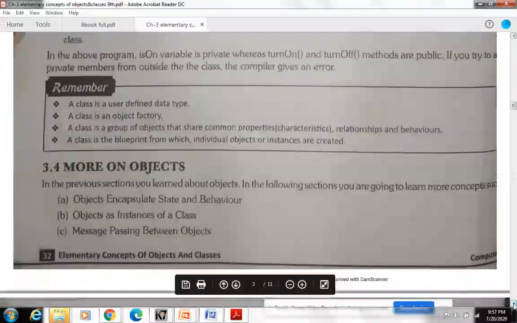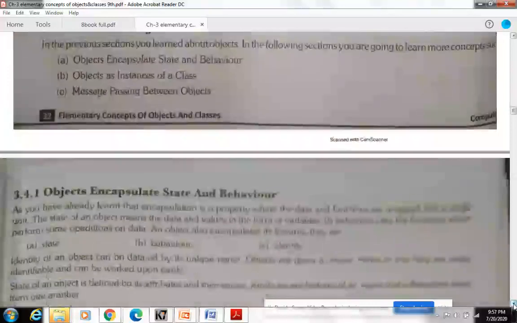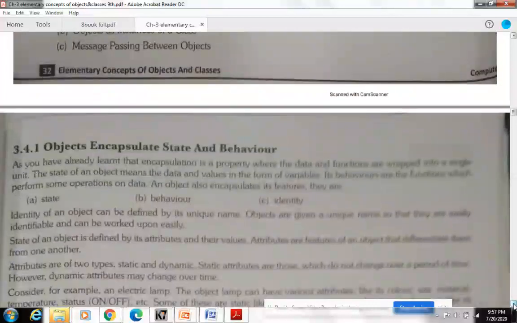Next is more on objects. It is telling you that objects encapsulate state and behavior. How? See, if I am an object holding my values and I put my plus sign in the calculator, then I am encapsulating. I told you last chapter, encapsulation is a process in which we are wrapping up. So an object is wrapping its data and behavior. My data is, suppose, the values 5 and 6, and my behavior is the operation I want, that is the addition sign.